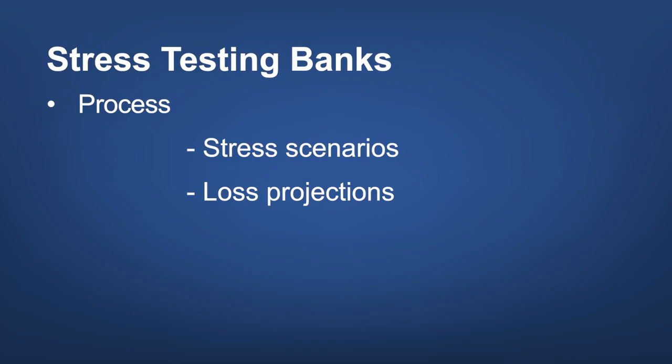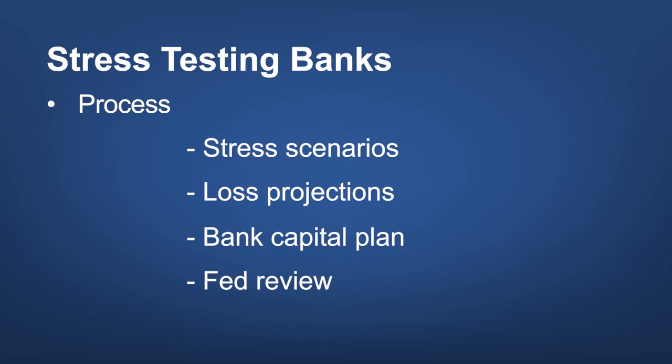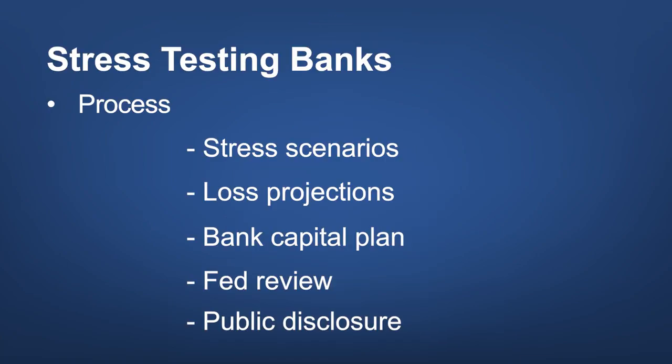Banks will then project losses under each of these scenarios, and based on the projections, banks will submit a plan of action for capital. This means a plan for their loss-bearing capacity. Will earnings be retained within the bank or paid out as dividends? How much additional stock should the bank issue to weather the storm? This plan will be submitted to the regulator for review. This is usually the Fed, who will form its own projections of the bank's performance based on its proposed plan.